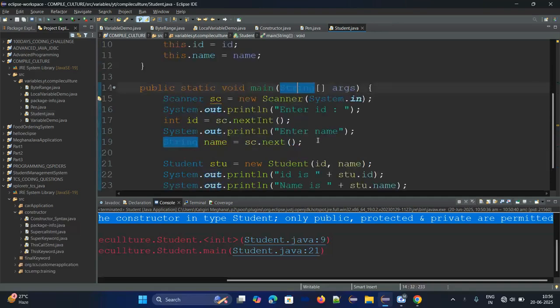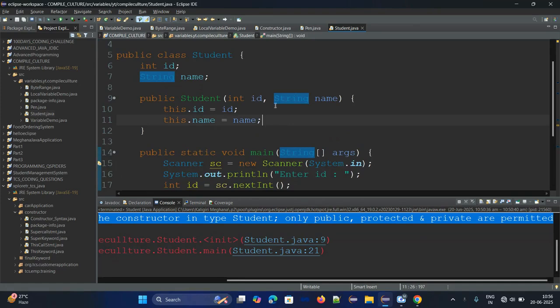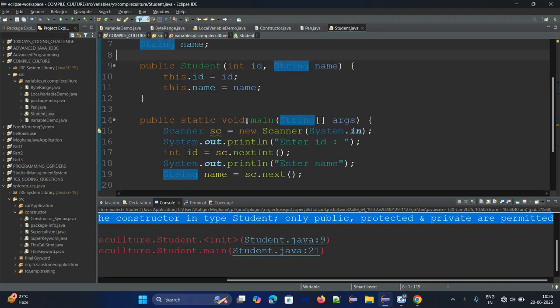See here, whenever we enter the id and name from the user, at that time we are creating an object for the student class, right? Here we are passing to this constructor. Id will be replaced with 5 and name will be replaced with the name. These two values get initialized to these instance variables. This.id is 5, this.name equals name, whatever name we are giving, that will be assigned to the current object. That's it. I hope you guys got a clear idea up to this.